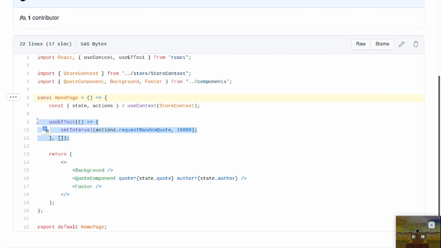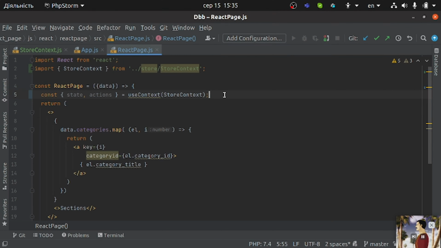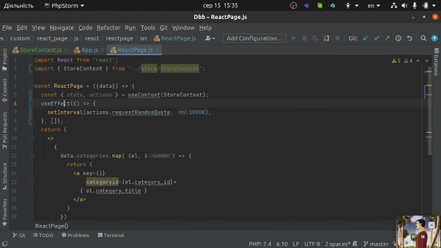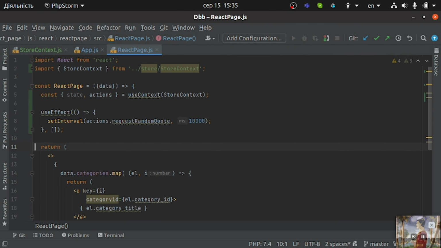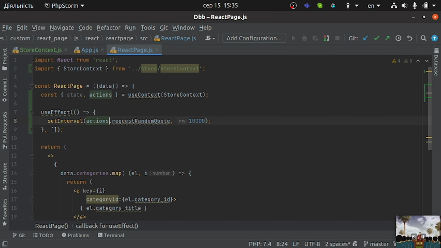default state is declared, is just simple quote, but then quotes updated every 10 seconds. Okay, it's updated every 10 seconds. Let's try to follow to see this update in our component, but don't forget that we changed that action is not request data but request